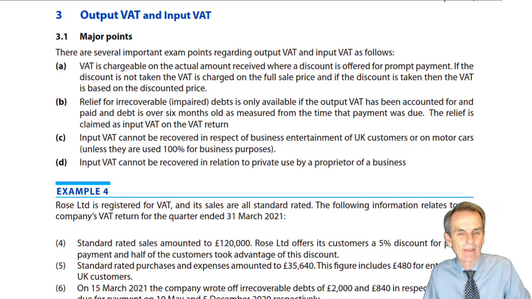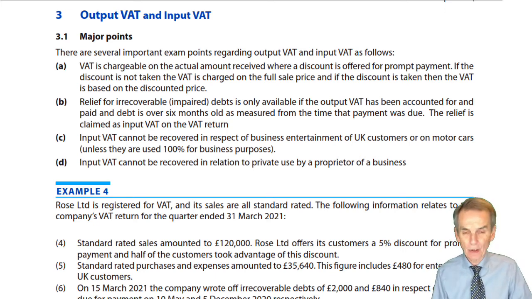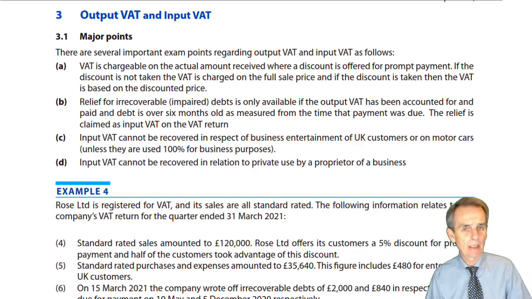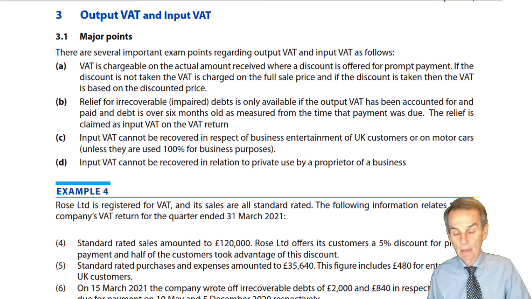Having learnt the basis of allocating transactions to a given return period, usually a quarterly VAT return period, as we will see in section 5 of this chapter, what we've now got to look at is the respective sides of VAT. The output VAT, in relation to the taxable supplies, the sales that we make, and the recoverability of input VAT for the same VAT return period in relation to our costs, our purchases and our expenses incurred. Because it's that matchup of output VAT less the input VAT for a given VAT return period that